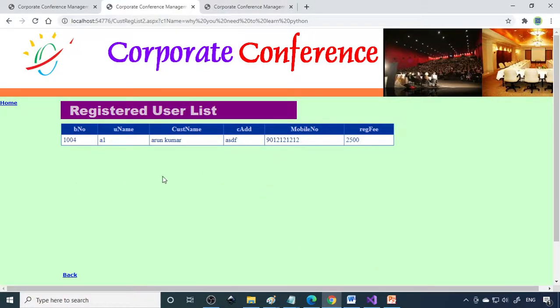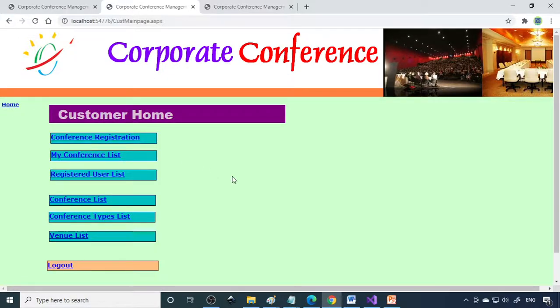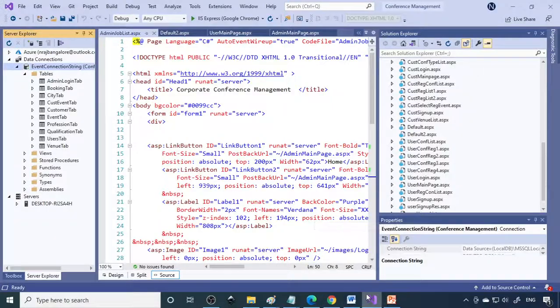As the number of users keep on registering, this company, this agency, will come to know how many are registered with them. So this is how the whole online concept works. Hope you understand the concept, and if you have any doubts, please write them in the comment box. Let me know what problem you're facing, and try to do this project as we discussed already.